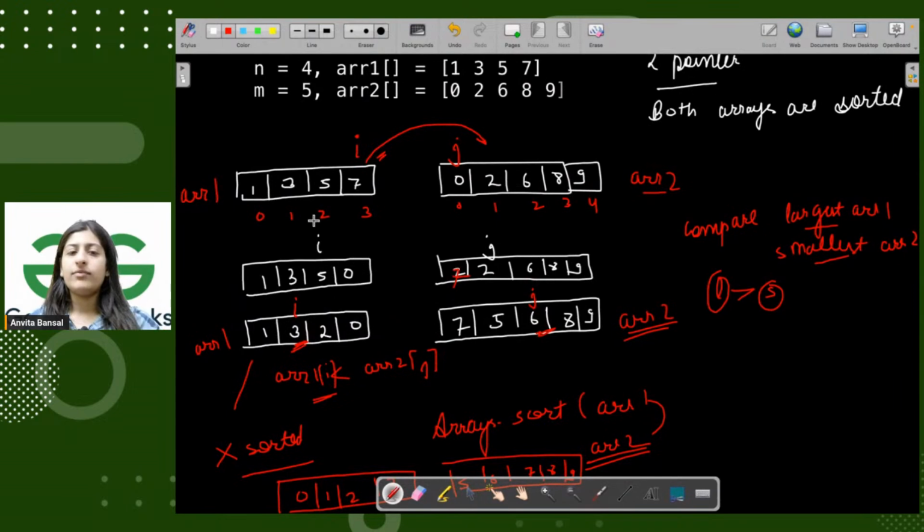So what we were doing, we were just making use of this fact that both the individual arrays are sorted, and I am comparing the biggest of ARR1 with the smallest of ARR2. If this is greater than this value, then it will get swapped so that I can make sure that all the smaller elements are in ARR1 and all the bigger elements in ARR2. That is my aim, right? So once I find this condition to be not true, that means ARR1 of I is less than ARR2 of j, that is the position I need to stop, because I've already gotten all the